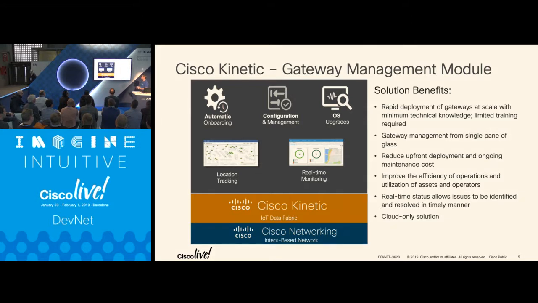Let's talk about GMM. So GMM, cloud-based platform. If you think about Meraki, that's kind of how it works. You take a Cisco IR 829, you claim the serial number, you plug the gateway to an internet access, whether it's a SIM card, whether it's using gigabit Ethernet, it doesn't matter. And that's it. The router is auto-discovered, calls home, is provisioned based on a template,